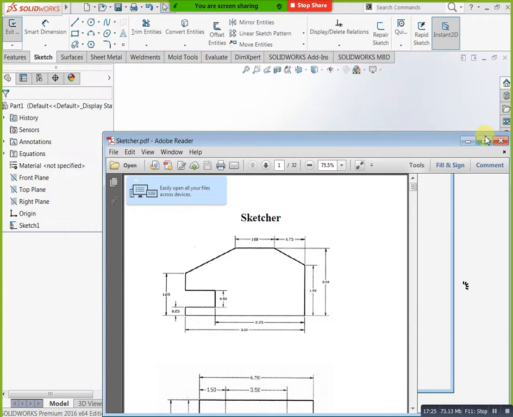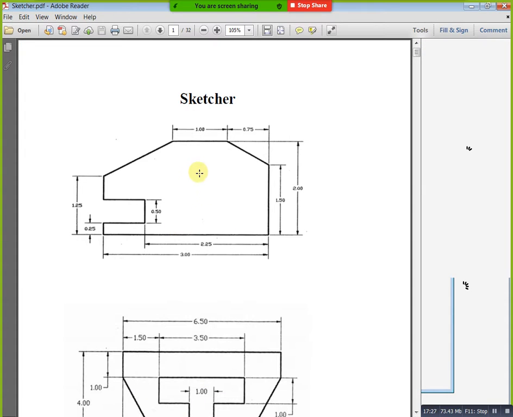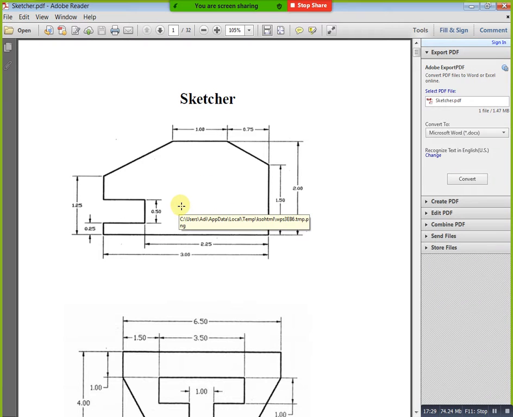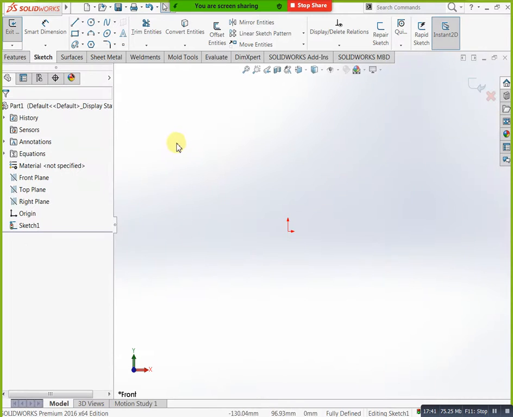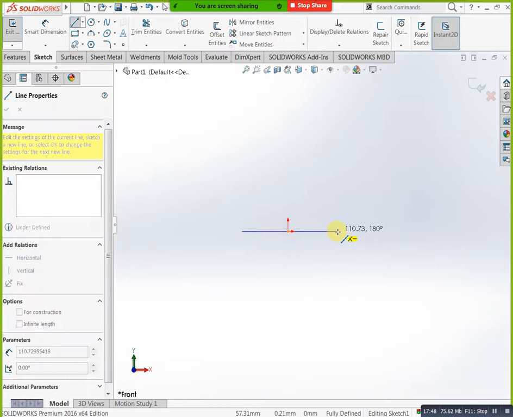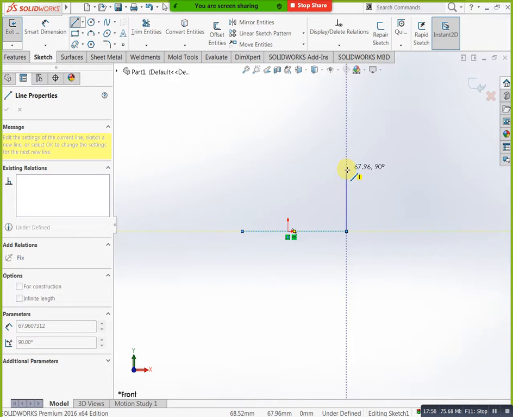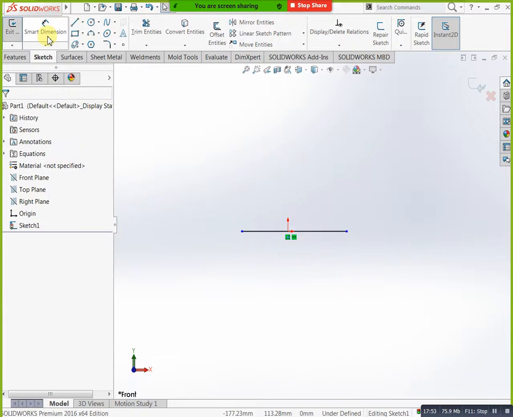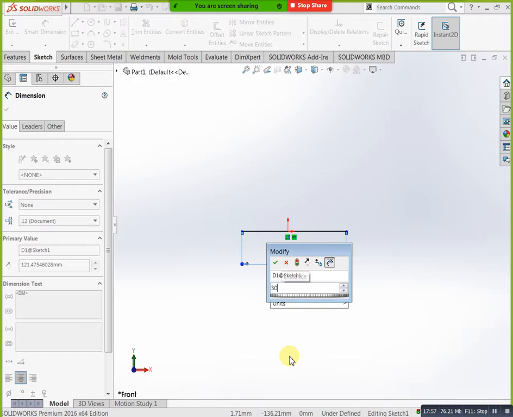Now I am taking the first one here. Okay, here to here, and if you need a dimension you can directly mention the dimension for this. How much do we have? Just 30, you can mention 30. Okay, at the same time if you need a symmetrical figure you can select this one and this one. I need 15 here. Now you can see this is symmetrical. Now you can mention the line, you can specify here.